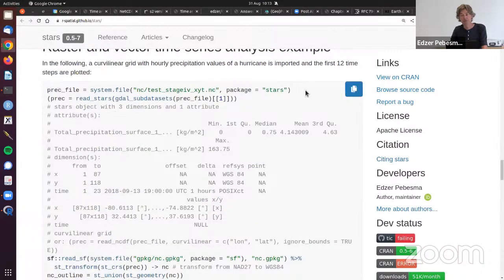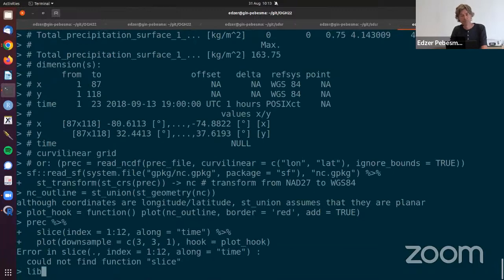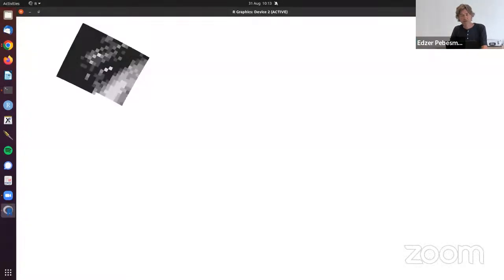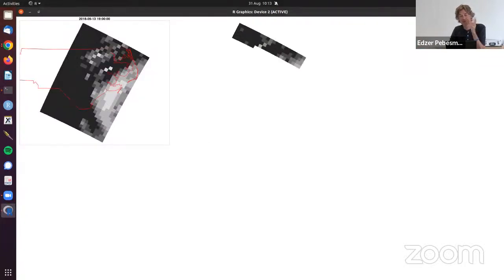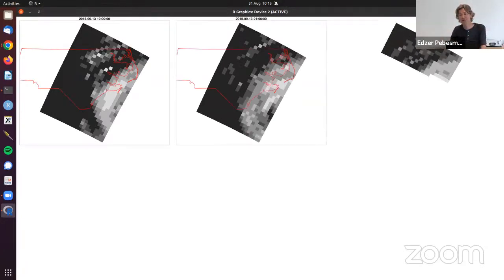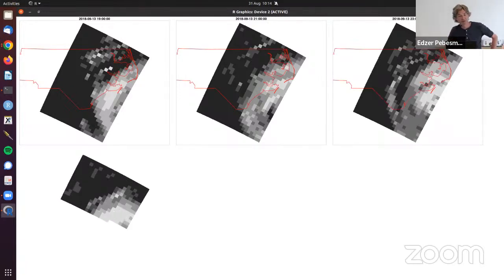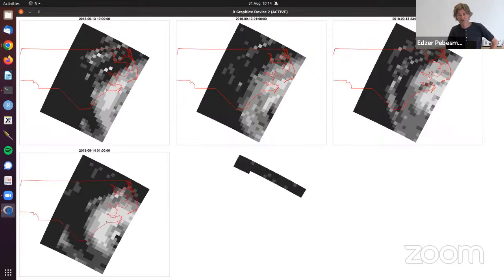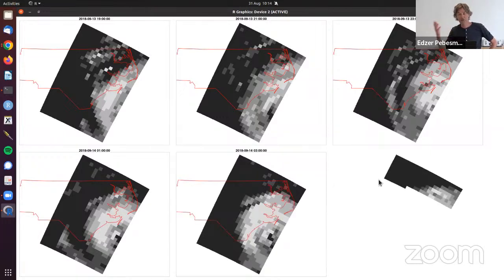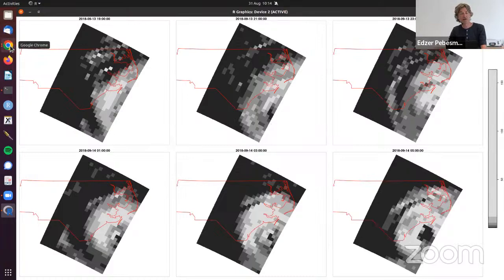Let's see. It wants, of course, tidyverse to be loaded. So I get my. So of course these things plot extremely slow, right? Because images that are rastering aligned with north-south go very fast. This is basically plotting every cell as a small polygon without a border. So that is why the plotting is so excruciatingly slow, but it is okay still. That is probably why I plotted 6 and not 23. And if you plot this on PNG devices, for some reason it goes much faster. So we see here this same image happening here, and